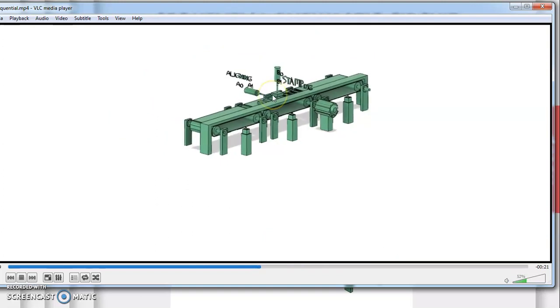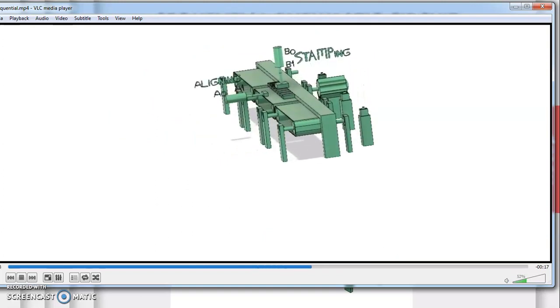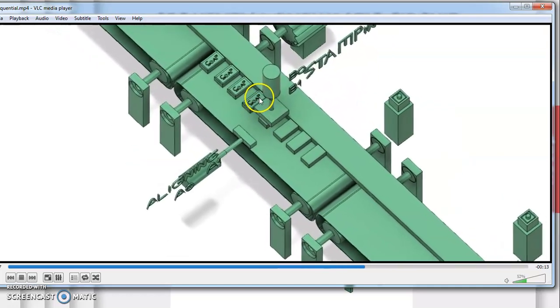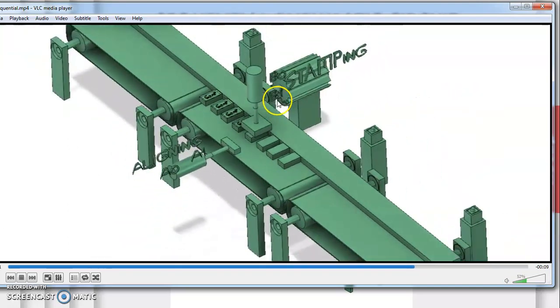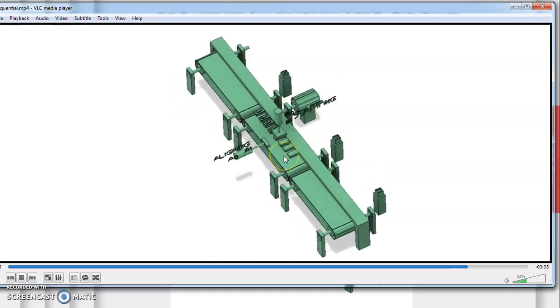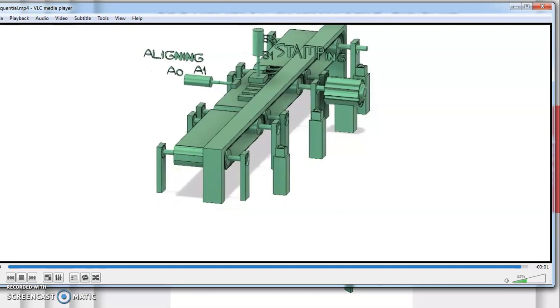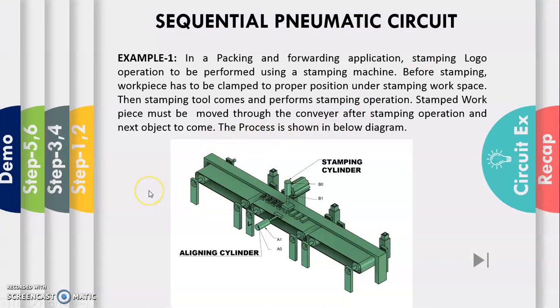So you just see, for example here, this will be the stamp done by your cylinder B on all the soap bars placed on our conveyor. So how the two cylinder control will be done using a simple sequential circuit, that will be our today's topic.